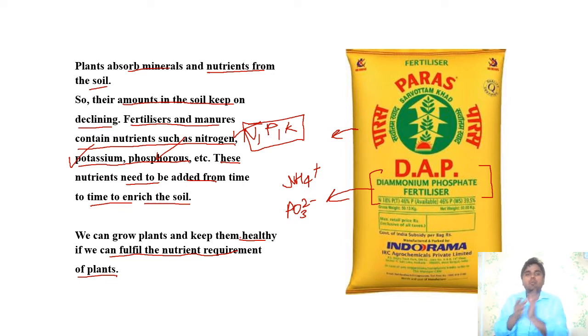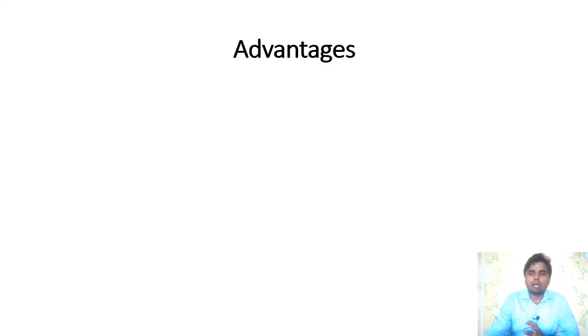Okay, so farmers want more harvest, more cereals, more of whatever they have cropped in their field. So they will add this chemical fertilizer to their field. So students, what can be the advantages of adding these fertilizers? Because this is a chemical fertilizer. Okay, so first of all we know that it is a chemical fertilizer. So if we are putting this into our field or the crops, what can be the advantages